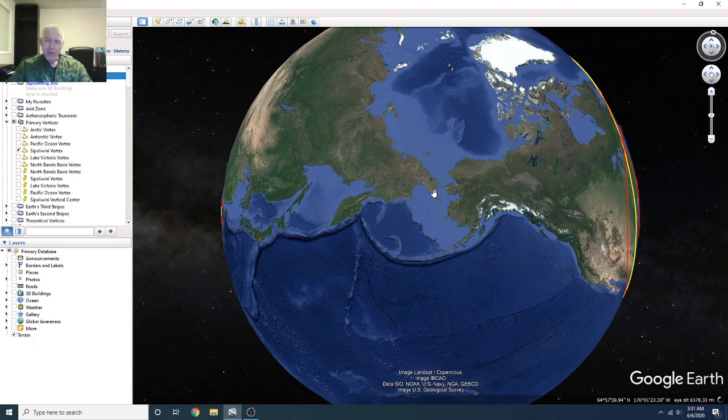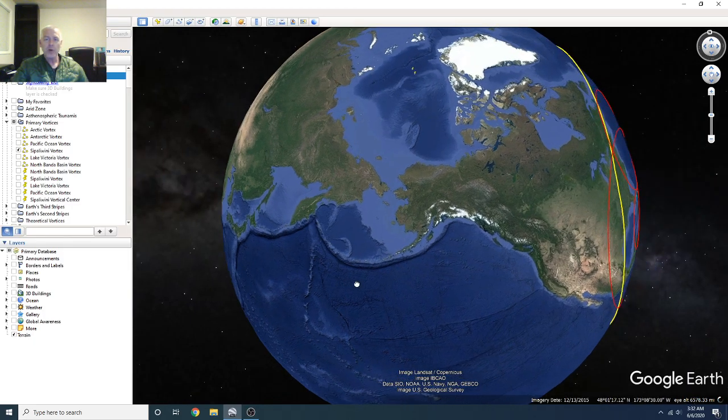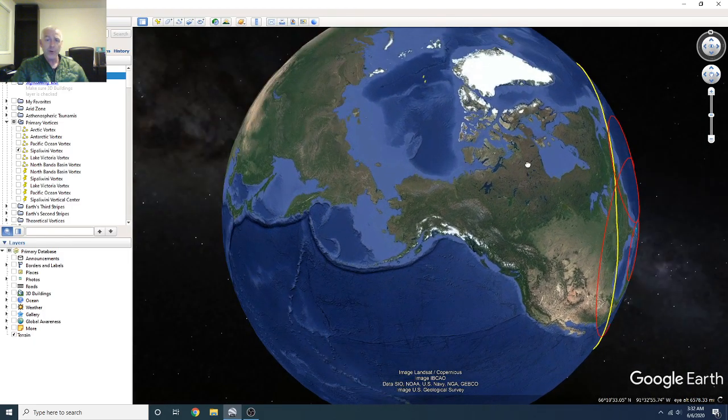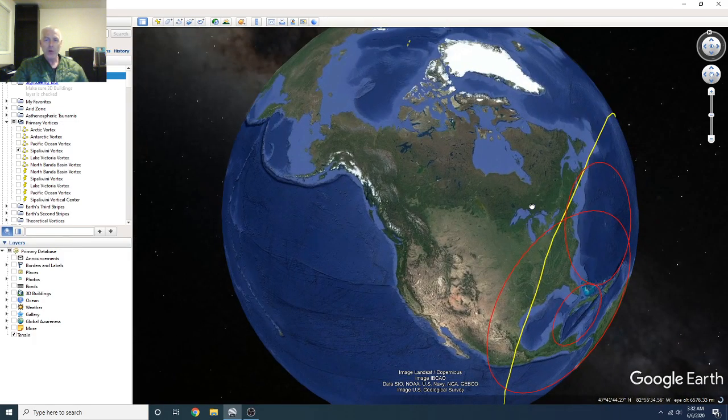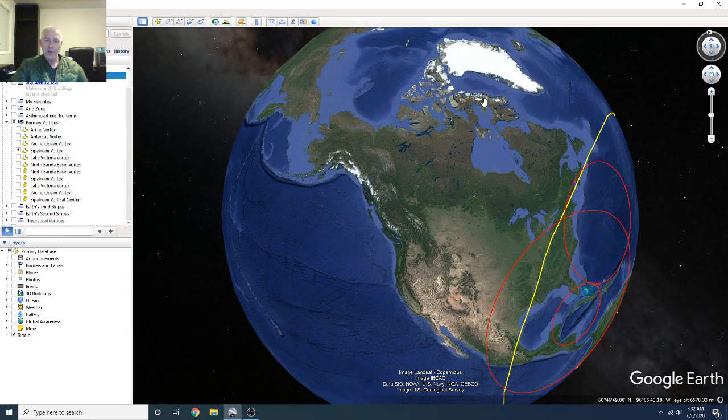Except that its relationship with the terrain over here in Alaska gives the impression this was simultaneous. Like here's Chukotka, here's Alaska, and then they both pivoted down to here where the 2 points meet. That's the case. These occurred at the same time. Regardless of who triggered them, they occurred at the same time. If that occurred at the same time, then I'm going to go back to suggesting these guys occurred at the same time. When I say these guys, I'm talking about the